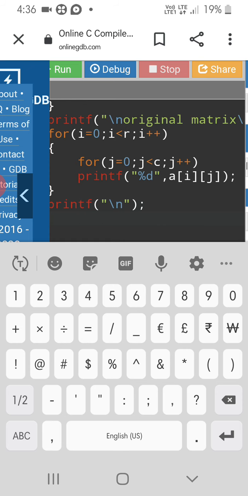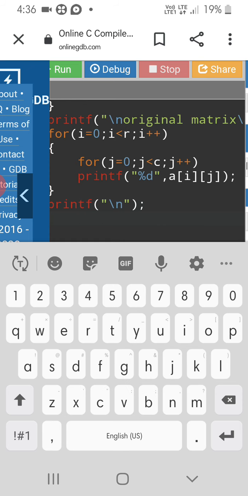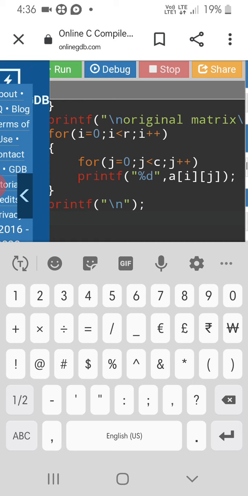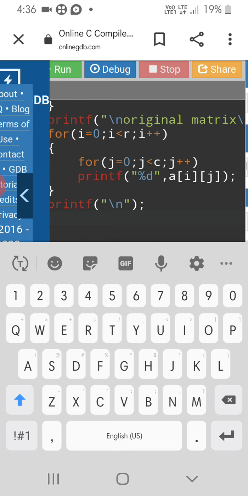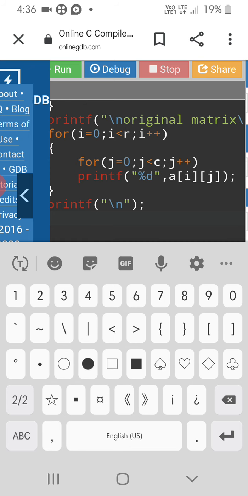So now the outer loop is also completed, so closing the outer loop.